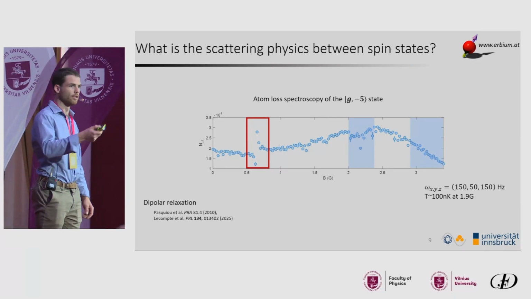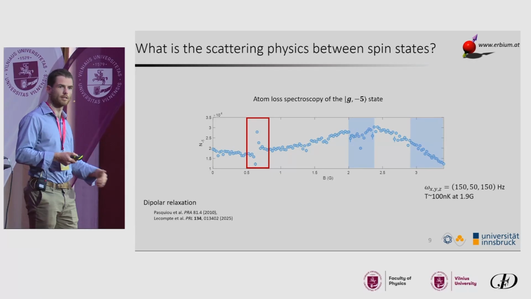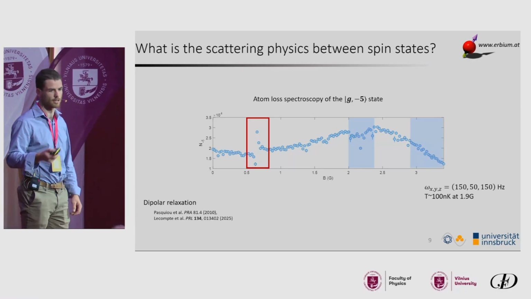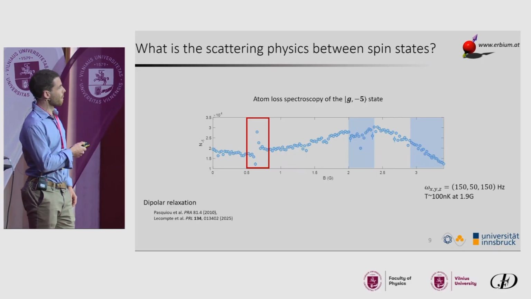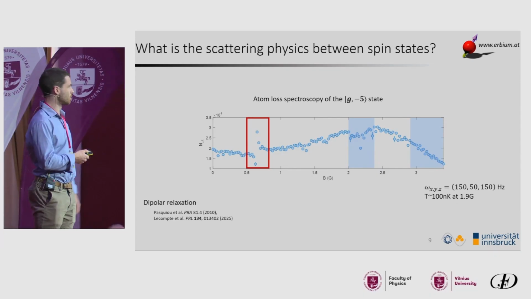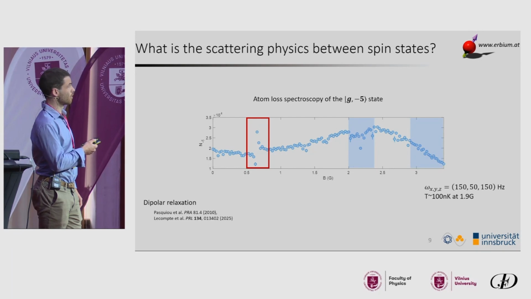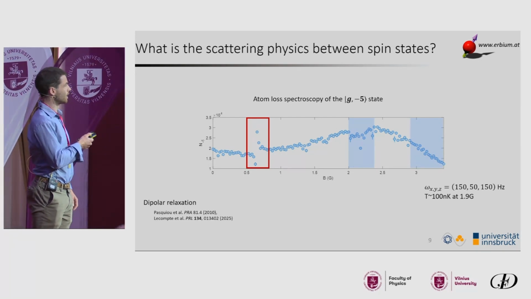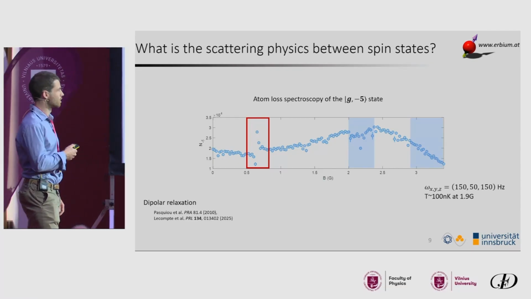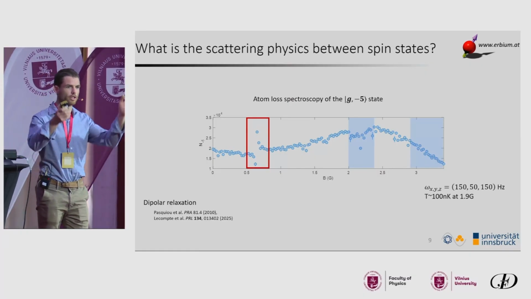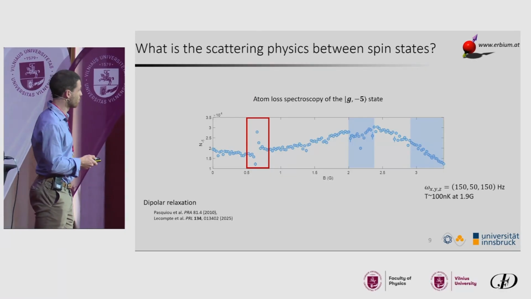I told you that when you are in an excited spin state, the atoms actually want to go back to the ground state due to the magnetic dipole interaction. And this has a non-trivial dependence on the magnetic field as well. So you have this background here when you look. And additionally, you see this loss feature, this is what you expect from atom loss spectroscopy. But most surprisingly to us, just already with the first excited spin state, so all the atoms in the -5 state, we started to see this very striking feature. Atom loss spectroscopy usually shows purely Gaussian losses around the resonance, and then you start to see this very asymmetric profile.